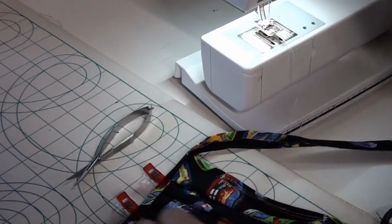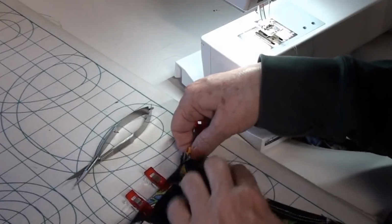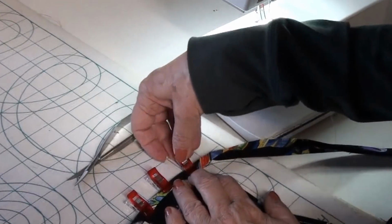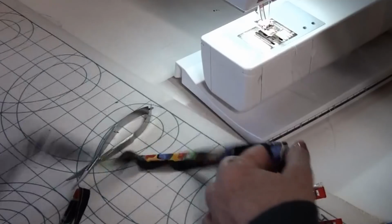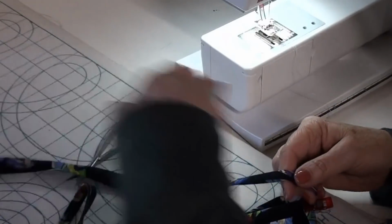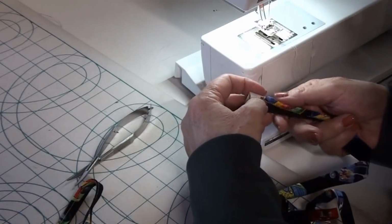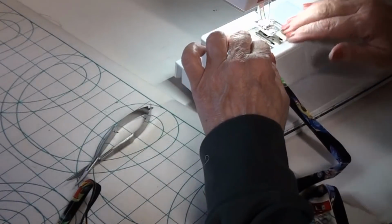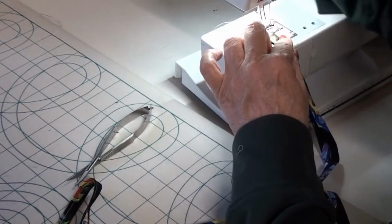I like to use these clips because, like I said, sometimes my fingers get a little shaky, especially if I'm videoing. There we go. So again, I'm just going to start at the top, and then this mask is going to be done. So let me finish this up for you and show you. I'm going to come up to the top of this, fold it in half like it's already been kind of trained to do, and thread where I want it,